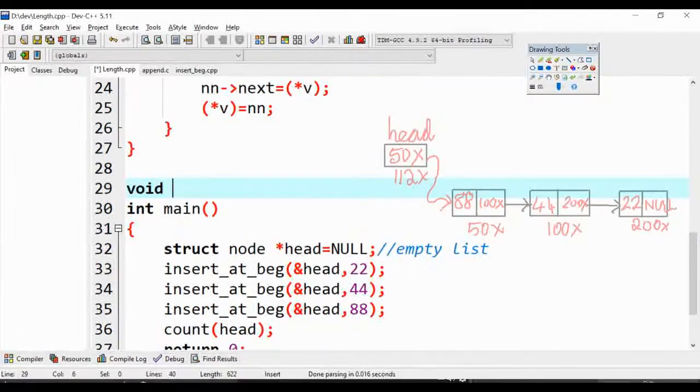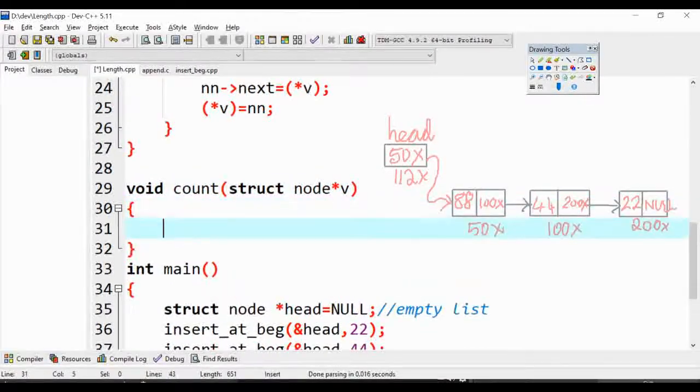So void count is my function name. To receive the address as a parameter, we require a pointer variable. I name the pointer variable as v and it will be of type struct node. As you know, a linked list is sequential access. Even though the nodes are placed in random memory, we need to perform sequential access alone, right?